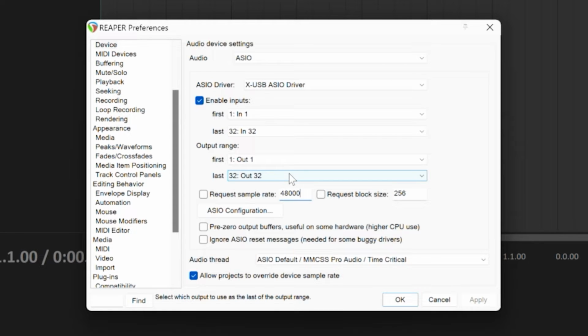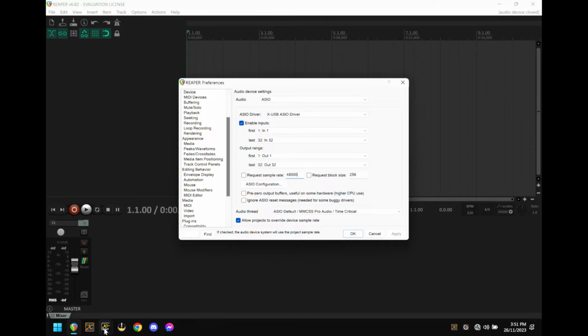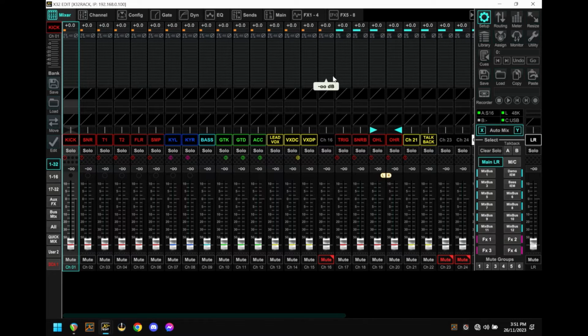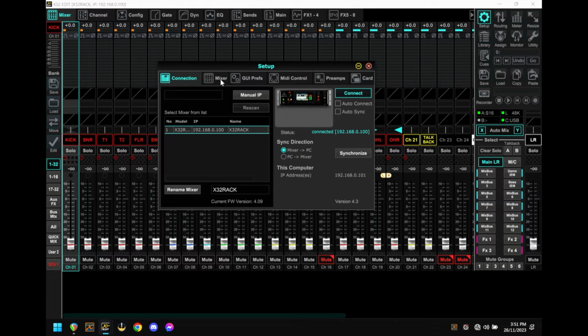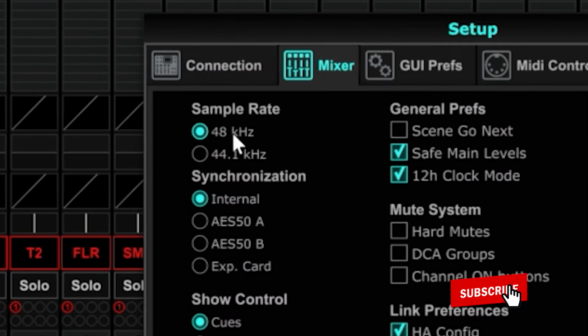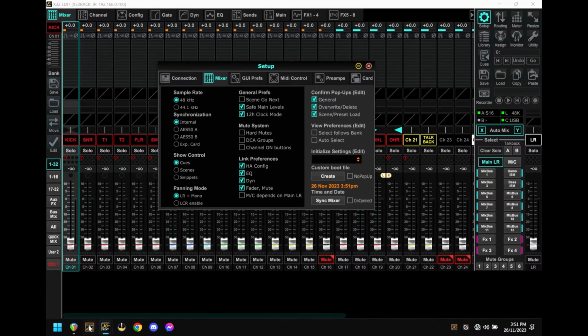And while I'm here, the other thing I want to check is the sample rate. You can see that it's set at 48,000 Hertz or 48 kilohertz. Now that can be essentially whatever you want, but it must match what the X32 is using. So we'll leave that at 48,000 Hertz, and I'll go back over to X32 Edit. Now in the X32 Edit screen, if I click on Setup, and I go across to the Mixer tab, at the very top you can see that that's also set to 48 kilohertz. So again, we just need to make sure that those two settings are consistent between the X32 Edit software and also with Reaper.